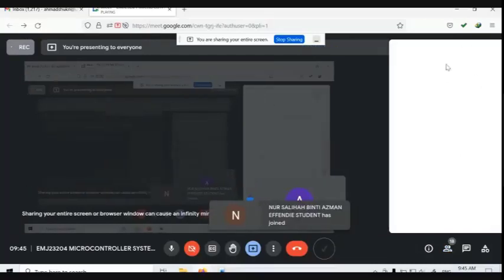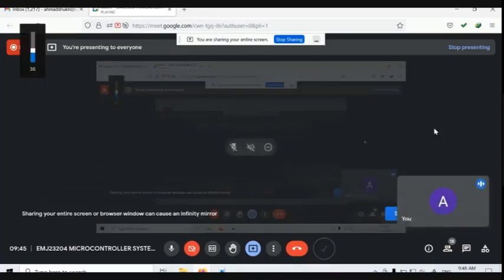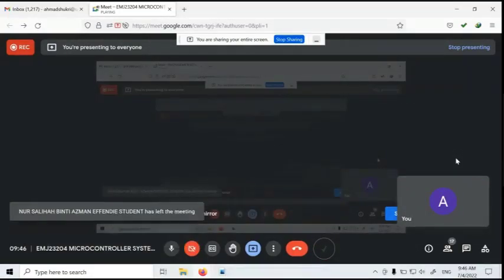Can I present my screen? Repeat again. Can I present my screen? Because I need to. Why do you need to present your screen? Because I need to show something. My code is okay, but the output is having a problem. On which software? PIC SimLab, because the PIC SimLab